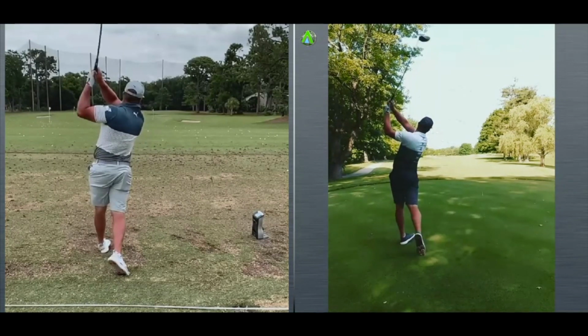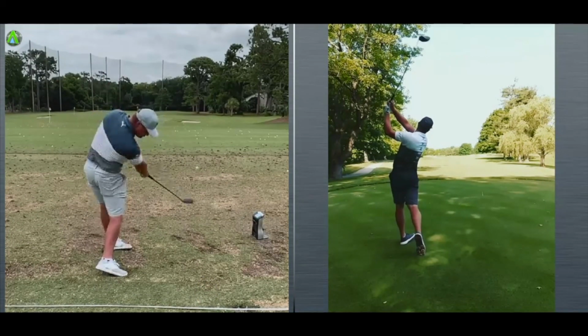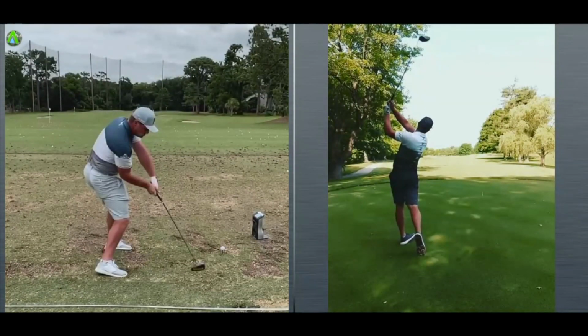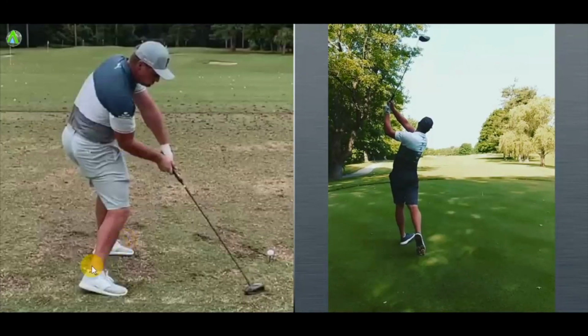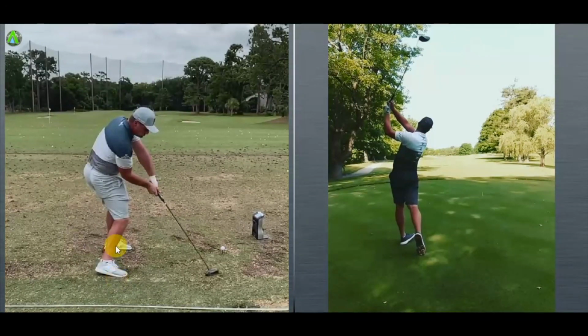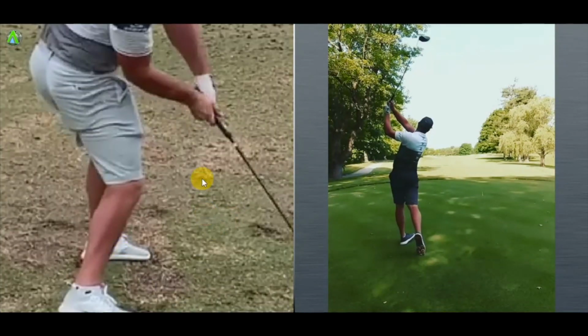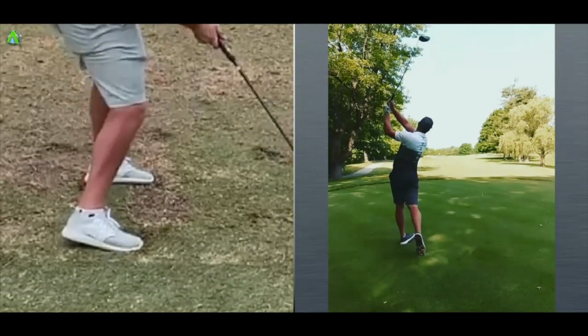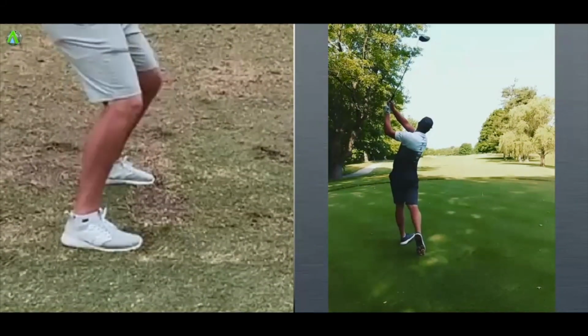So we see how much that left foot on the left hand side in the new one, watch where it goes and how it's jumping back across the ground. So if we actually just zoom into this a little bit here from the feet, okay, watch what that left foot is doing. Let's get it in the middle of the screen for you, and you're going to see now how